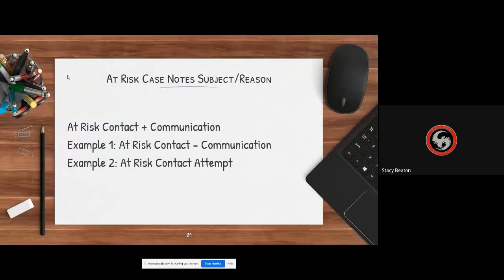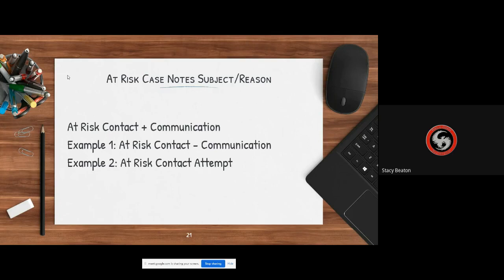The at-risk case notes, the subject line in our RAP format would always reflect that it's an at-risk contact and communication. So that's where those career success standards come in, where we want to make sure that depending on what the case note is, we have a career success standard attached to it. And as you guys can see, we put the career success standard behind the purpose of the case note, just so you guys can understand that when corporate is looking in the system and they're looking at our case notes,